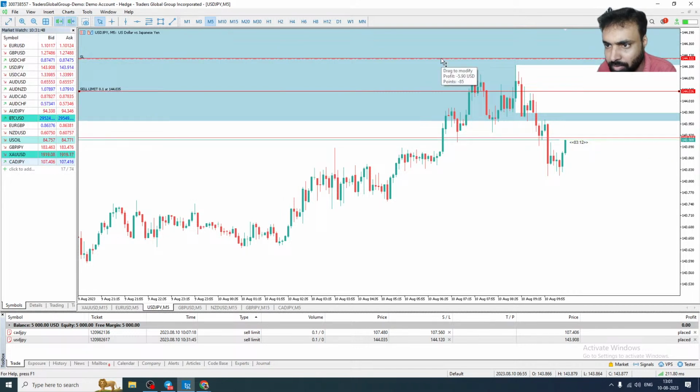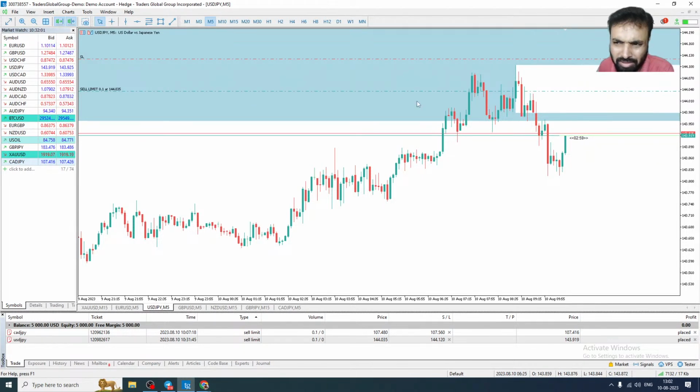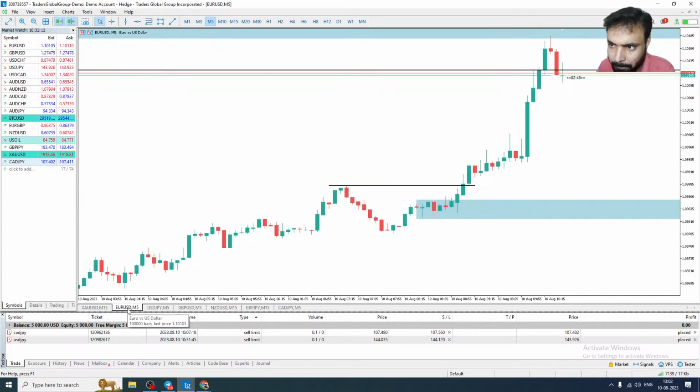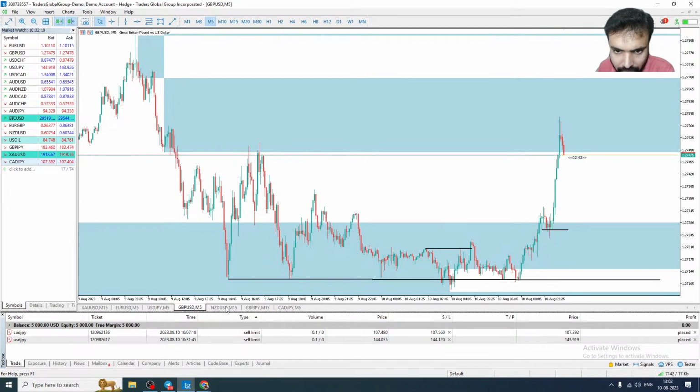How much is the stop loss? $5, $6 stop loss. Okay, you can take $6 risk control because it's a funded account. You have a $250 limit per day, right? So you can risk $6. You can even risk $10 also. That is your choice, but $6 is decent. $5.90 is decent. We have placed the entries, but let's see how it goes.